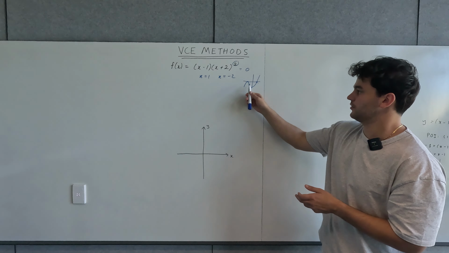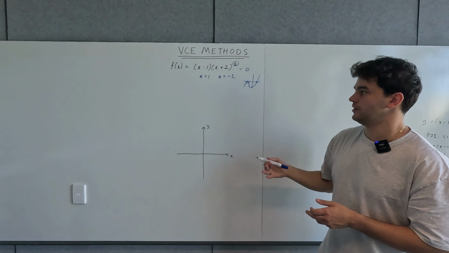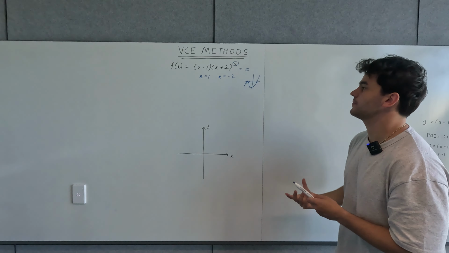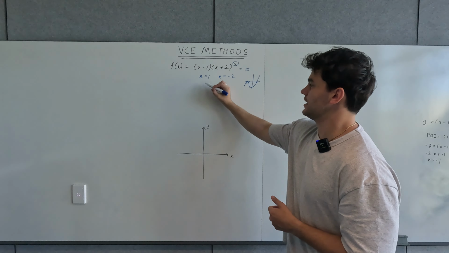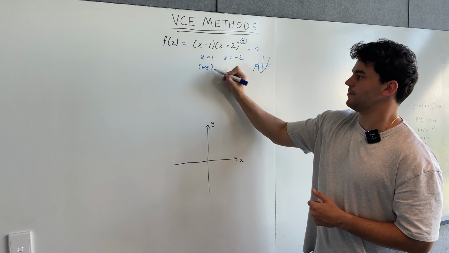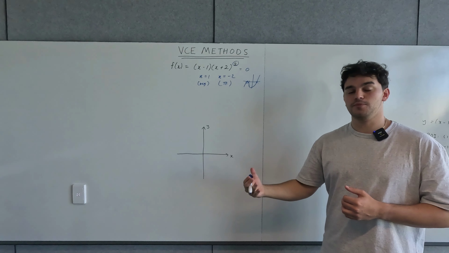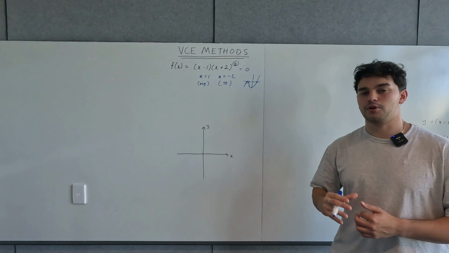but it's still a cubic equation. And the reason for that is because this turning point here only gives us 1 x-intercept, and then the other one's just a normal x-intercept. So we can classify this as a regular intercept, and we can classify this as a turning point intercept. Now, if you have a cubed, let's say, maybe we'll go through that when we go through high degree polynomials,